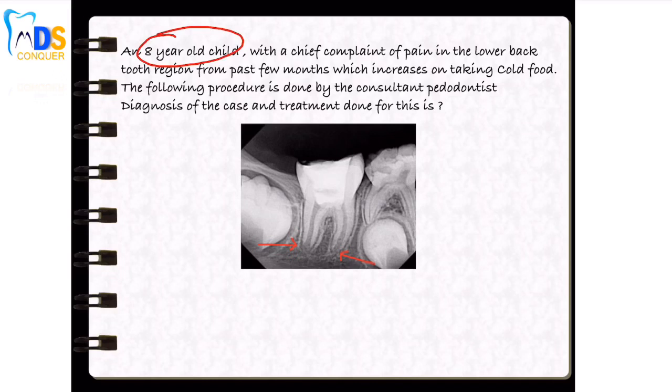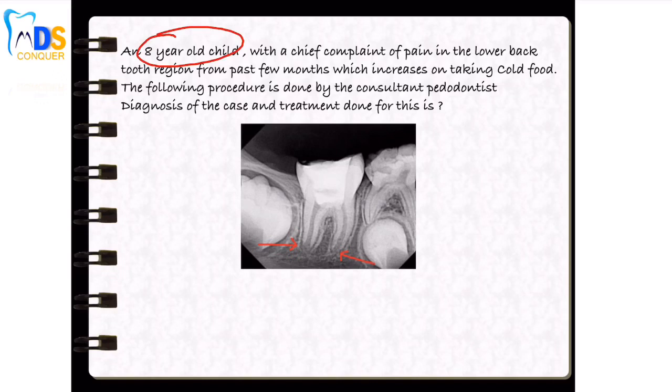At 10 or 11 the apex will be closed according to the root and closure table, which we are going to learn in dental anatomy. Again, that is a very important concept, like when the maxillary central incisor is going to close, when the maxillary lateral is going to close. All these questions are most common in anatomy. We'll learn that. So that part of root and closure has to be correlated here with the age of the patient, so that you will diagnose whether to go for an apexification procedure, an apexogenesis procedure or a normal root canal treatment.